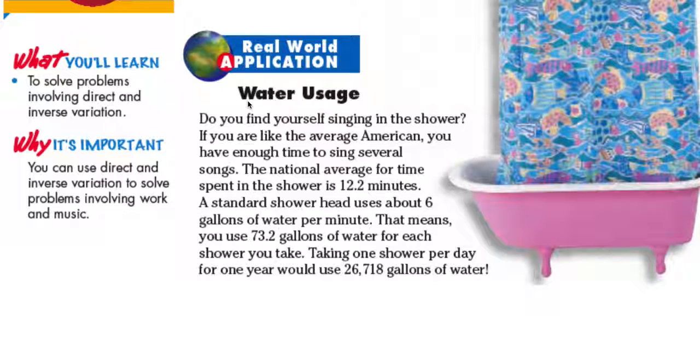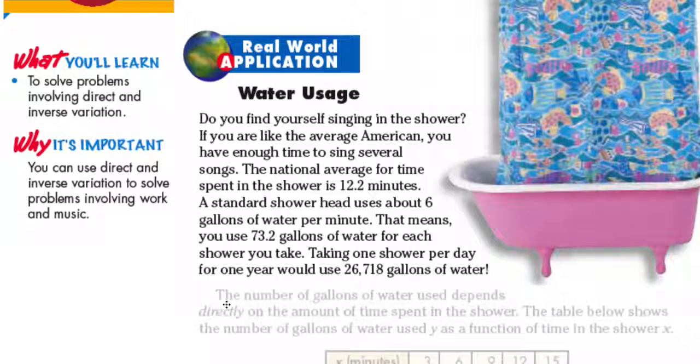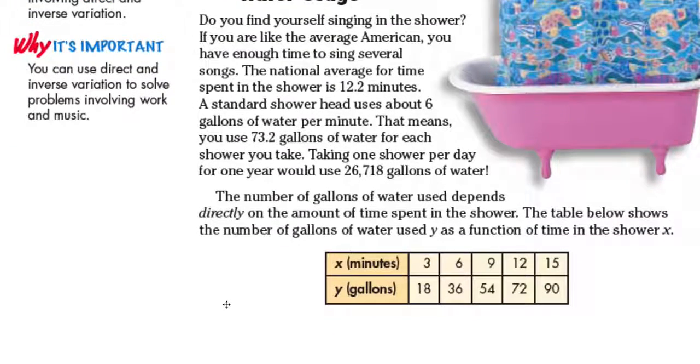Taking one shower per day for 1 year would use 26,718 gallons of water. Okay, so the number of gallons of water used depends directly on the amount of time spent in the shower. The table shows the number of gallons of water used as a function of time in the shower x. Okay, so the word directly is already a clue that